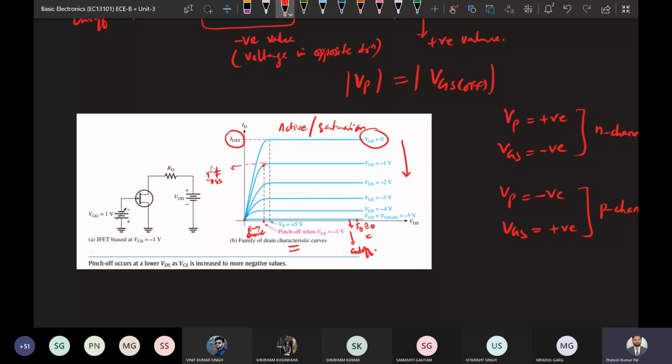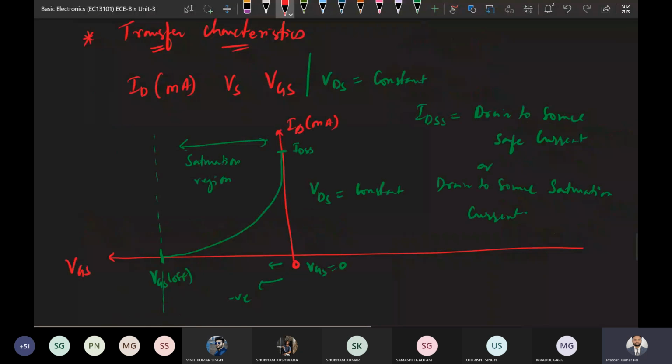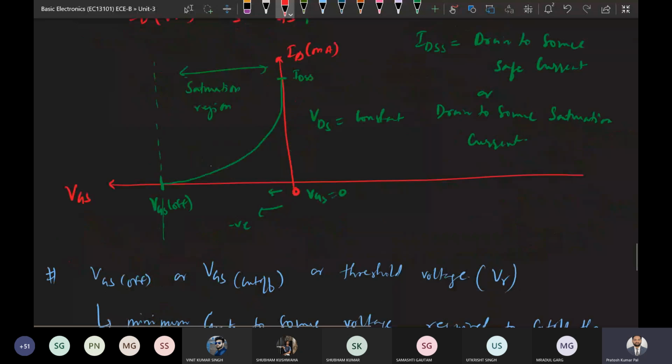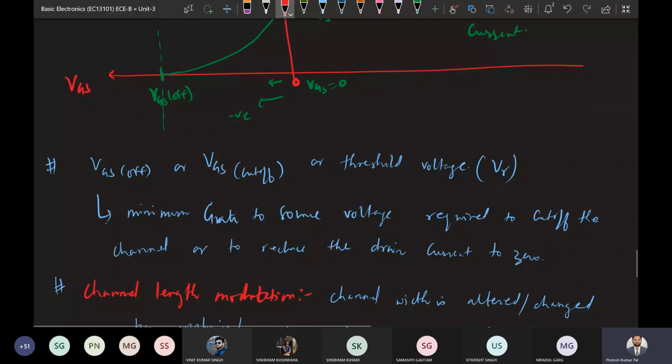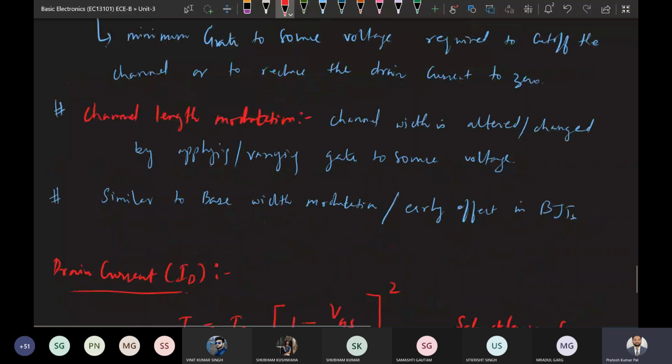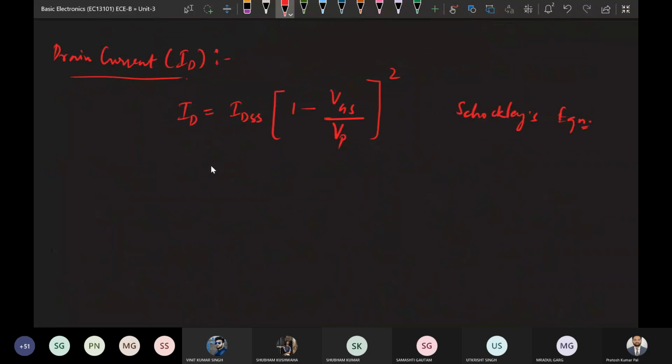IDSS is the current defined only when VGS equals 0, and at that time, when pinch off has occurred, whatever constant current is flowing will be your IDSS. In both cases we can see that where VGS is 0, whatever current is flowing is your IDSS. And in 1 minus VGS, gate to source voltage, divided by VP, this VP is your